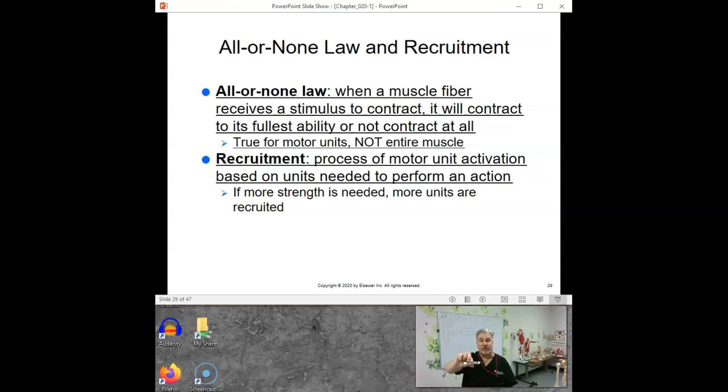And by the way, as I hold it here, they're already getting tired. So my brain is turning some of these motor units off and turning other ones back on, and we don't see it. I just hold the pen level. Other fibers are coming on board while other ones go away so that I can keep holding this thing. All that goes on automatically. It is one of the most beautiful functions of your body, that when you do a behavior over and over again, your brain will automate it. If it didn't do this, you literally could not pay attention to me right now, and I couldn't talk to you right now. I would have way too many things to pay attention to.